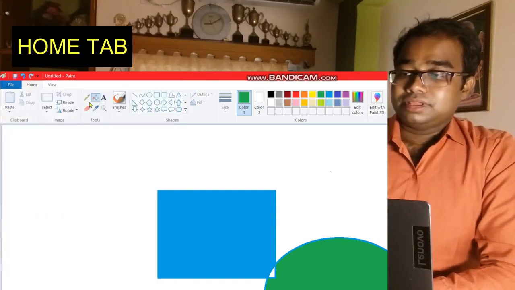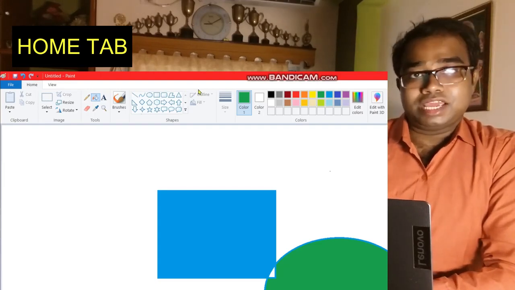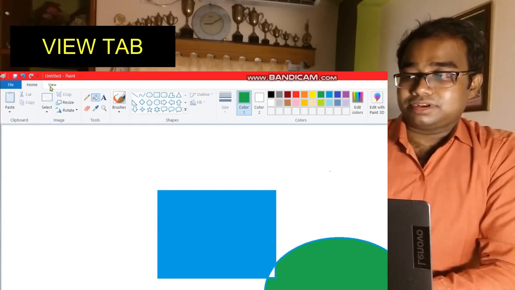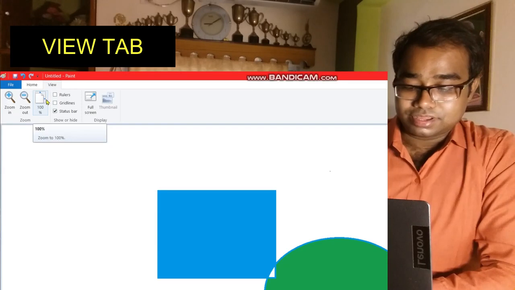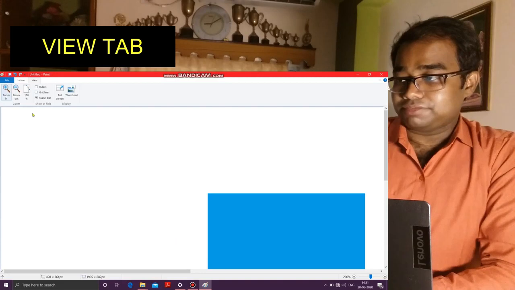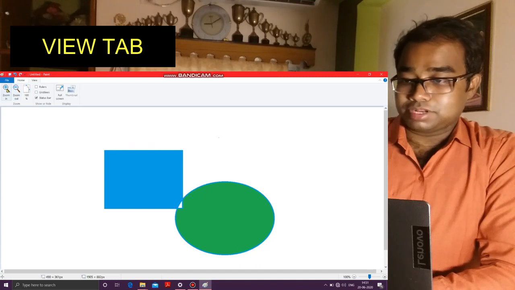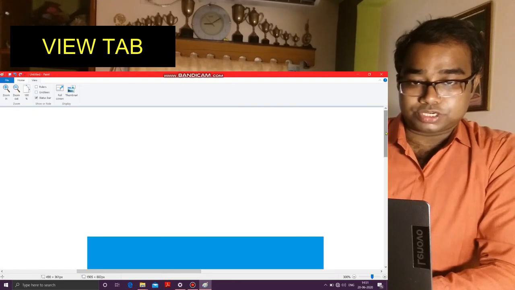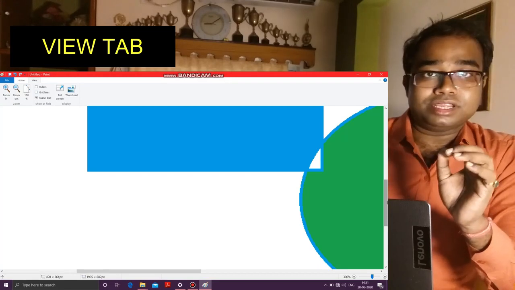In this home tab various tools are given so that you can draw with the help of those tools. And just beside the home tab you can see the view tab. This tab contains the buttons that let us work on our drawing in various views. We can zoom the drawing with the help of this zoom in option, as much as you can. And with the help of the scroll bars you can position yourself at the place where you want to draw or do your work minutely.